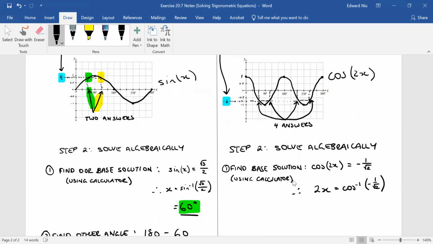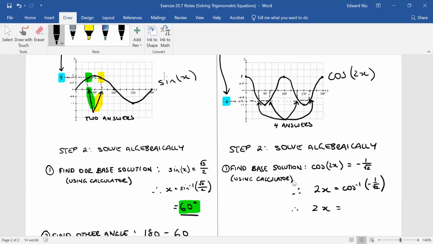Do the calculations on the right side. So cosine inverse of -1 on root 2 is going to get us